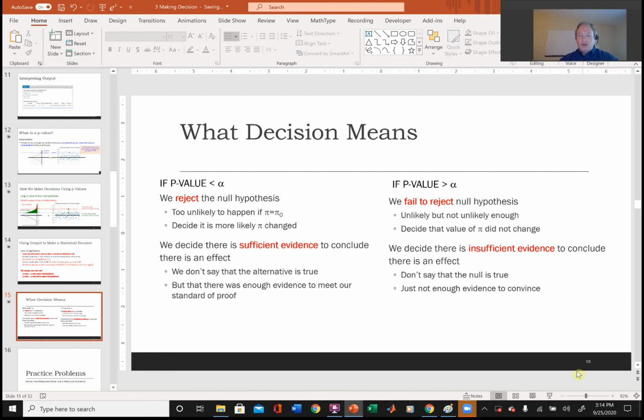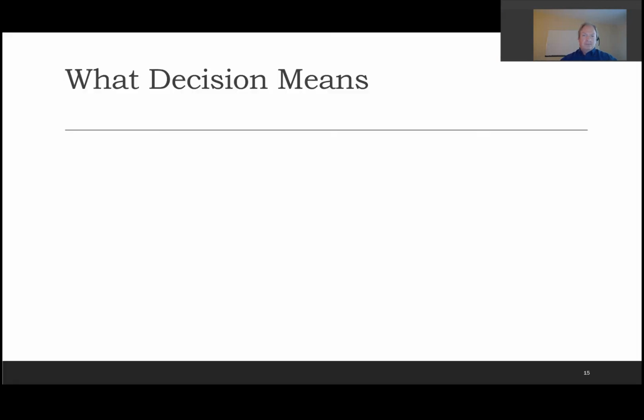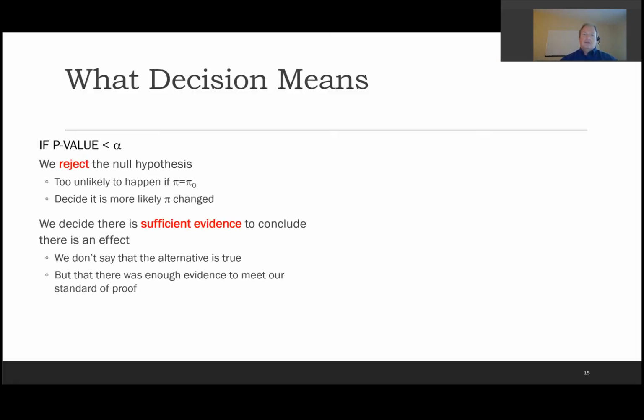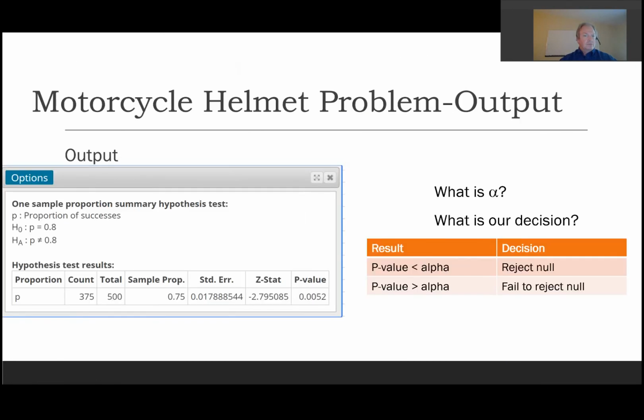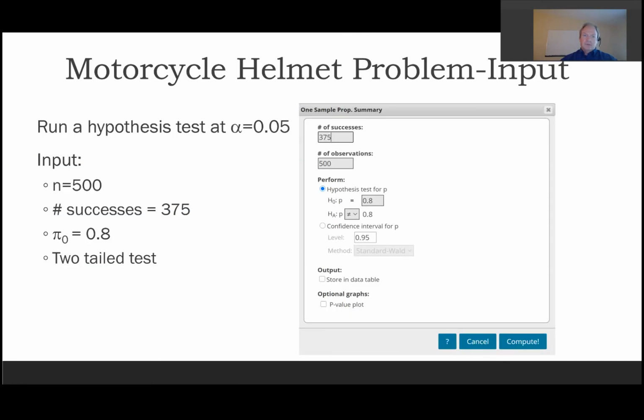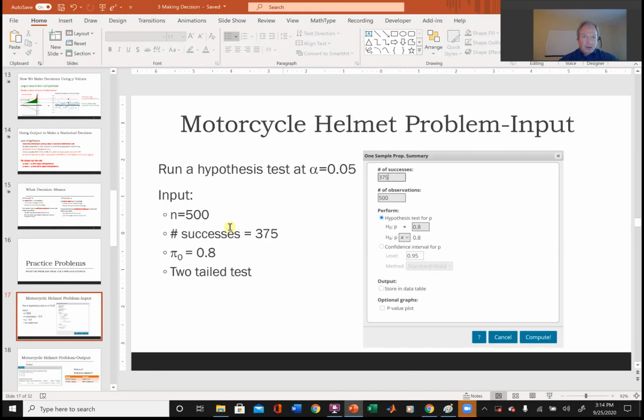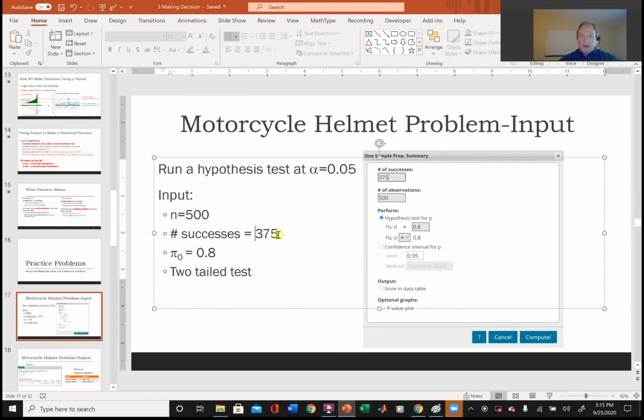So let's put this all together and work on some practice problems. First of all, if we look at the problem where we had the motorcycle injury rate, we already put in, this should be 425 by the way. I should have changed that, sorry. This is 425. And we're doing what we call a two-tailed test. We're testing to see if it's not equal. That's called a two-tailed test.